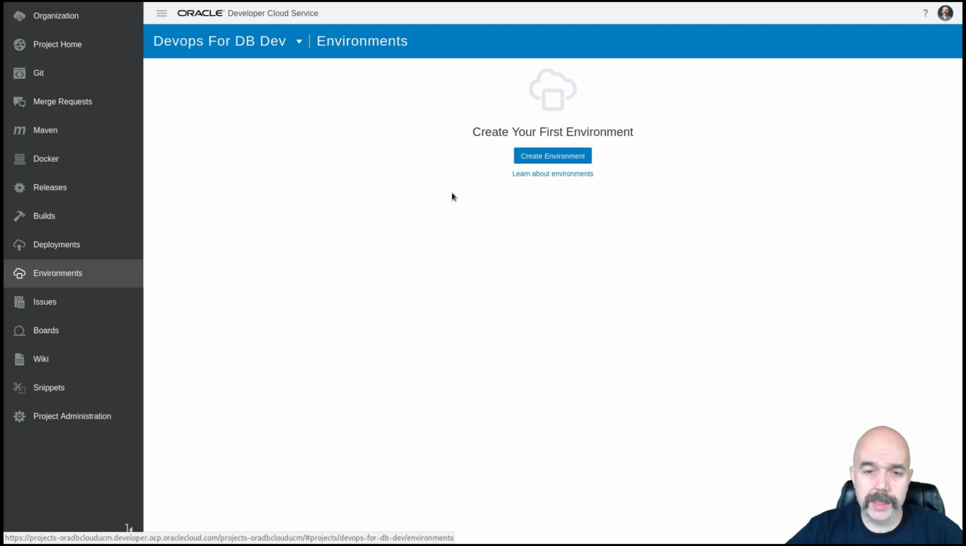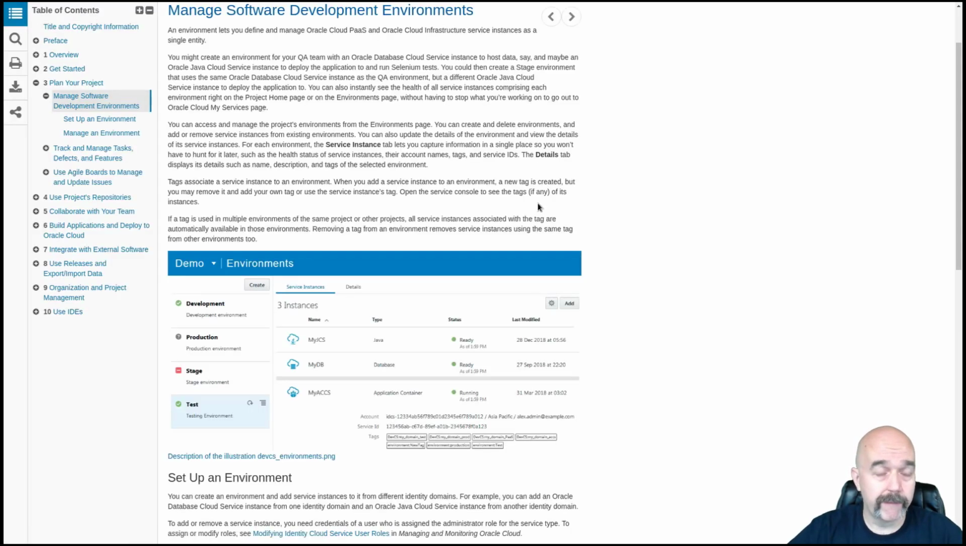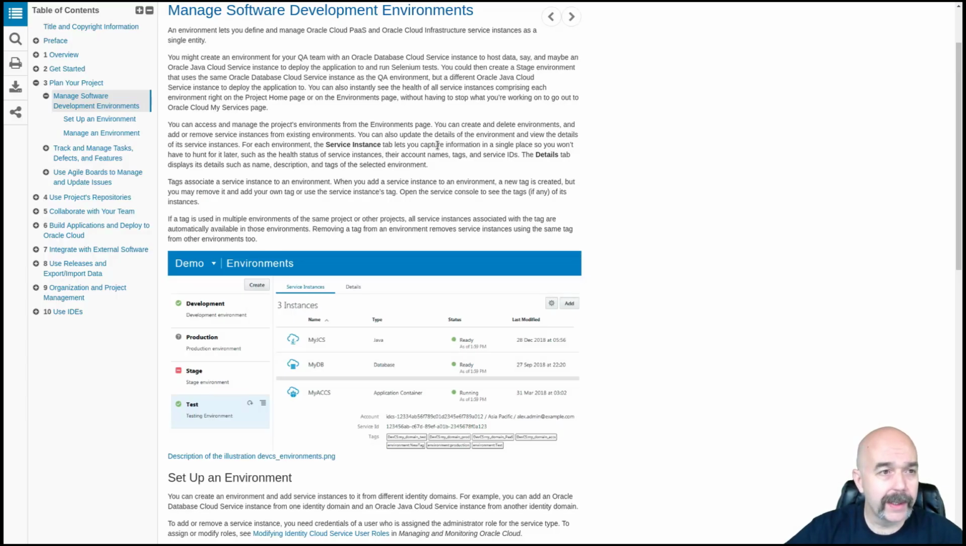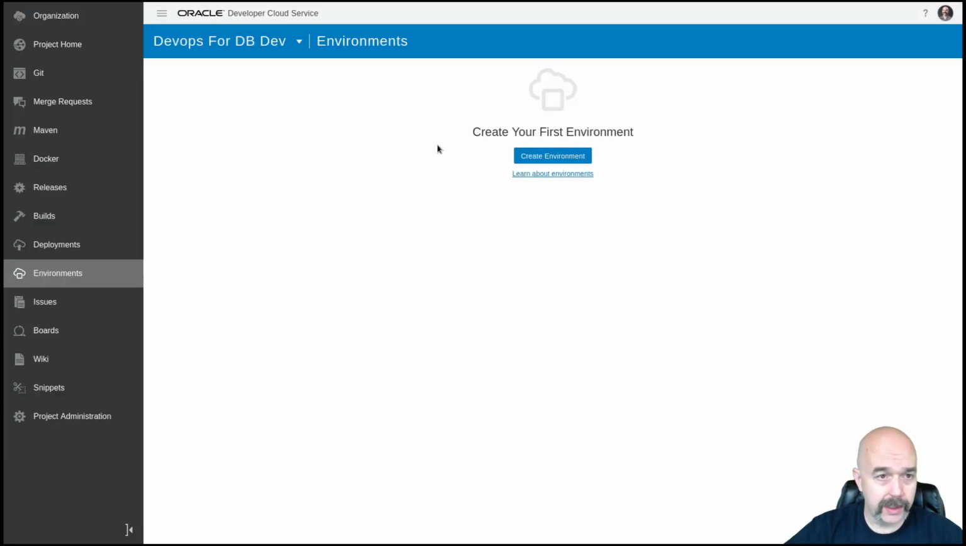I'm not sure of the best way to explain environments other than to click on the learn environments, but you can set up different product stages. Read that and it will explain it way better than I can. Let's see, there we go. Bug tracking here,